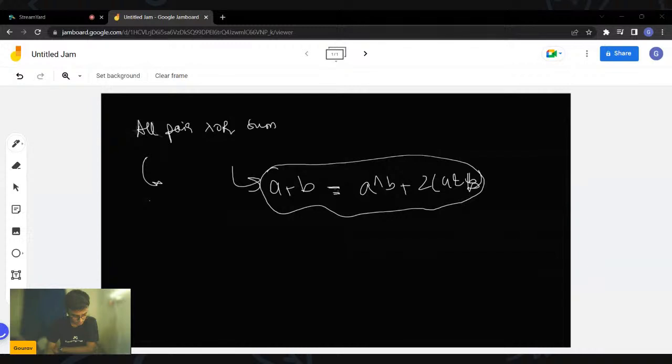Let's say you're given an array, and that array contains all the numbers occurring an even number of times except two numbers which are occurring an odd number of times. The question wanted you to identify those two numbers which are occurring an odd number of times. So that was the question. Is there anyone who remembers that question and the idea about how we can solve it?